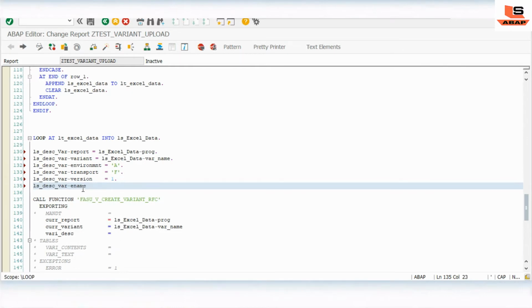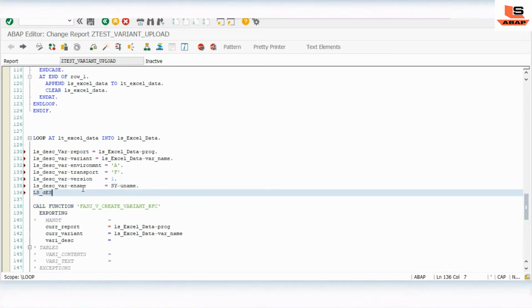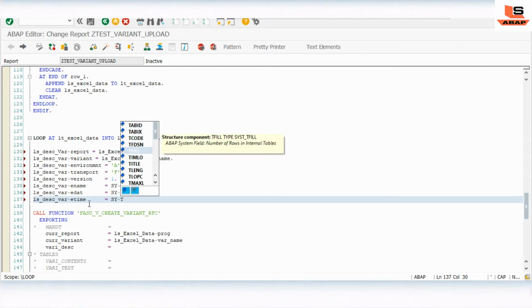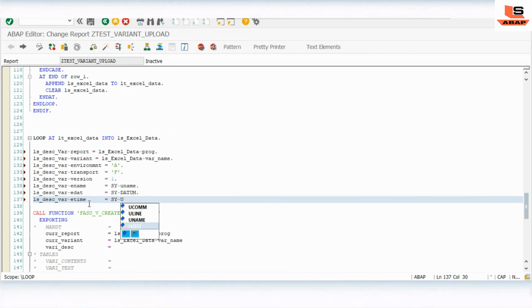Ename, the person who is creating this: sy-uname. Then edate, edate will pass as sy-datum. Then etime equal to sy-uzeit.